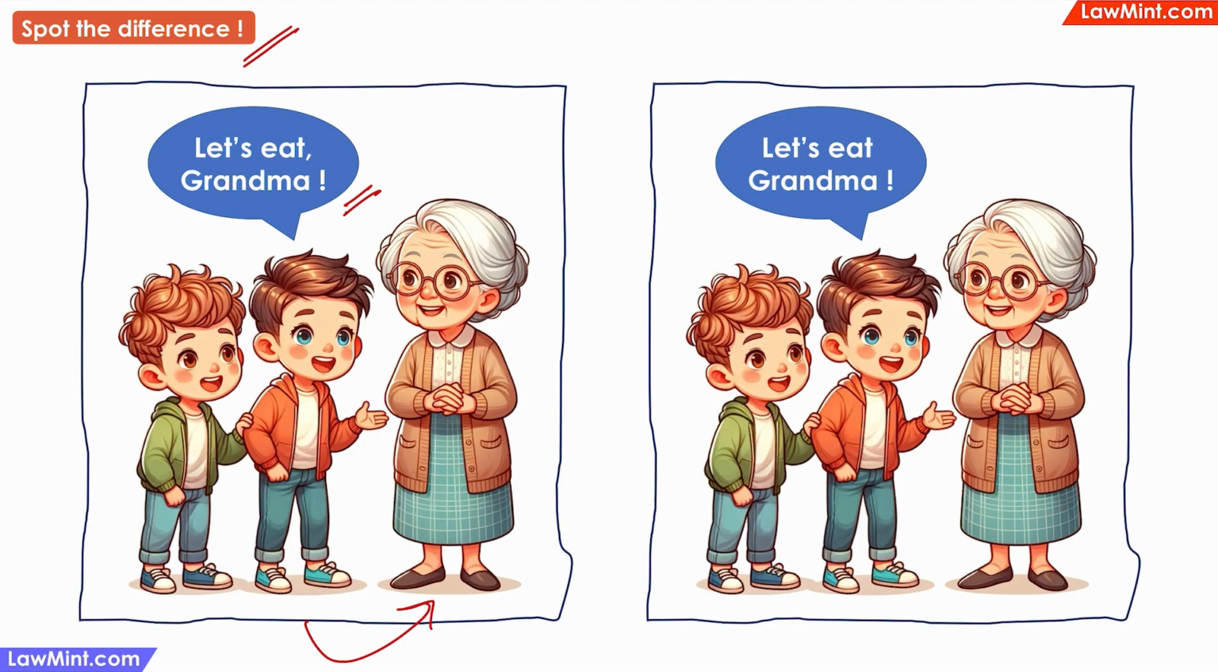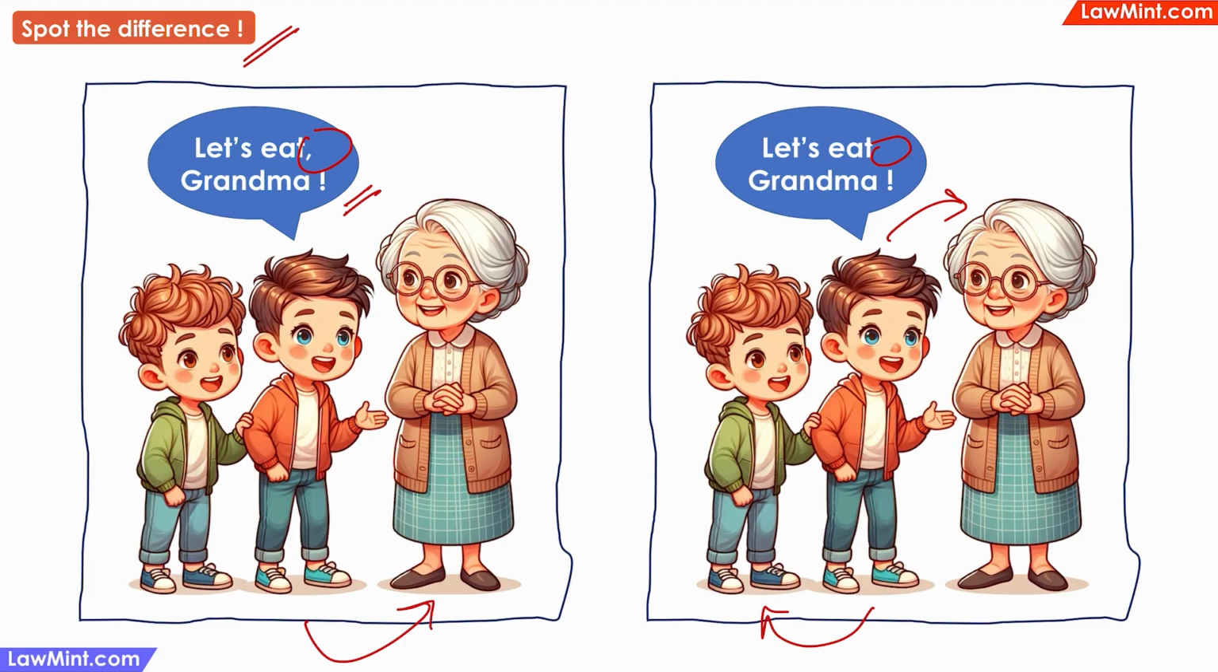In the second panel, the comma is missing. So the sentence now reads, "Let's eat grandma," which can be understood as the boy telling his brother that they should eat their grandma. So the absence or the presence of a comma can completely alter the meaning of a sentence. As we will discuss in the context of interpretation of statutes, when you are reading a legal document, you